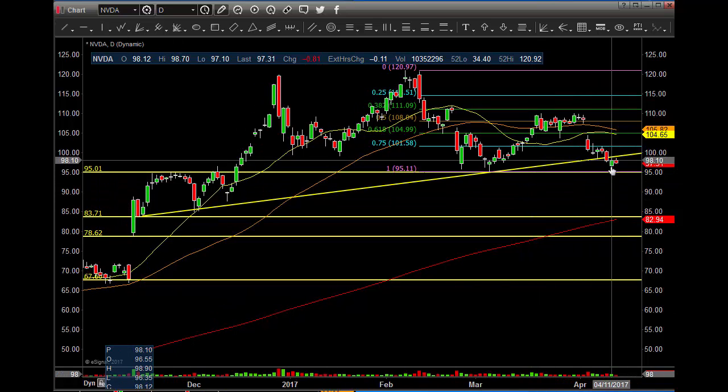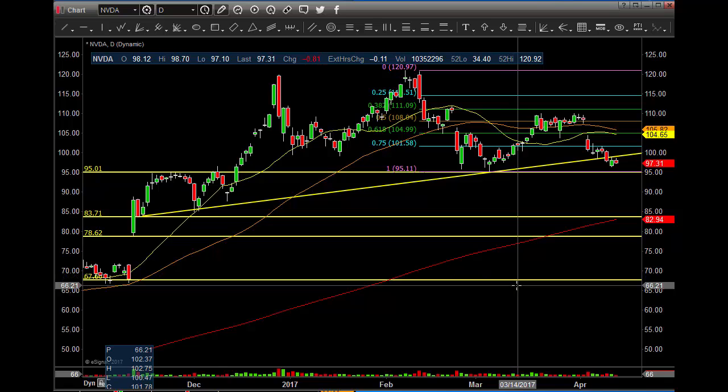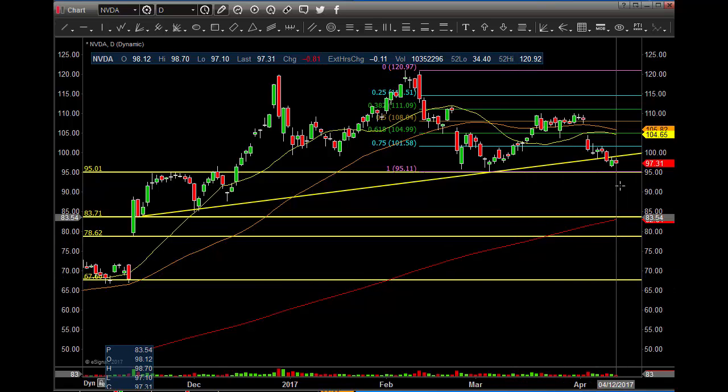Doesn't mean we just got there. Doesn't mean too much right now. Let's keep an eye on it. You still have great support around the double bottom. You do have a big gap down here, though, guys, and if the market starts to sell,